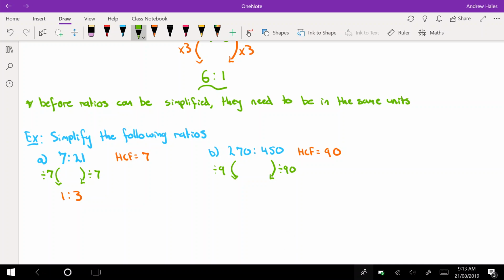That's going to give me a ratio of 3 to 5. And they're my new simplified ratios, just by dividing by a whole number, okay? If you couldn't pick it straight away, if you can't find the HCF straight away,